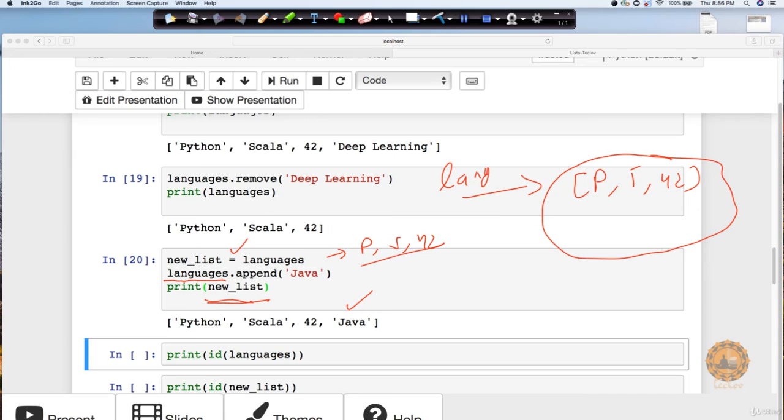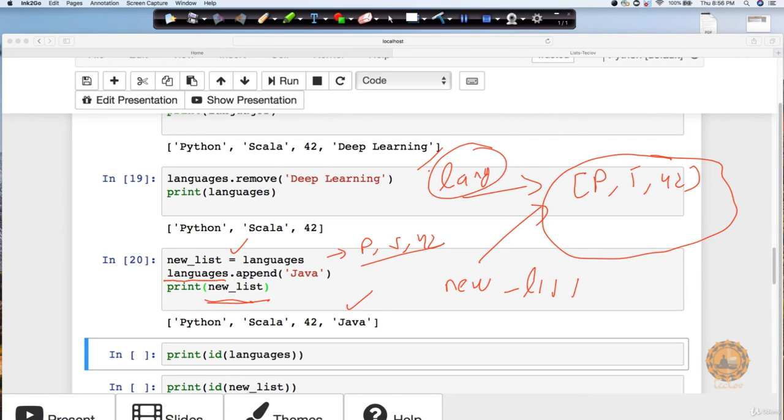So as soon as you assign new_list to it, it is not creating a separate copy anywhere. What it is instead doing is just sharing the same address as what we have in the languages variable. Interesting. So that's the reason when you make a change in languages, or if you make a change in new_list, it will also impact the other variable, because you are actually updating the same memory address.